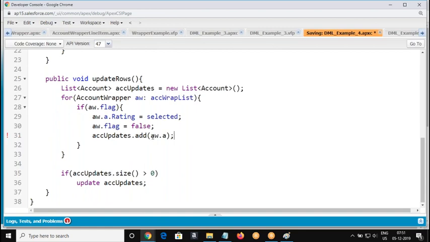We need to pass only the account variable here. Okay, if you could do this,